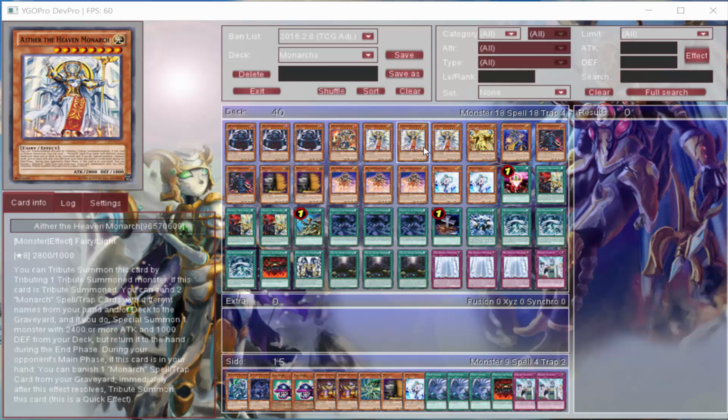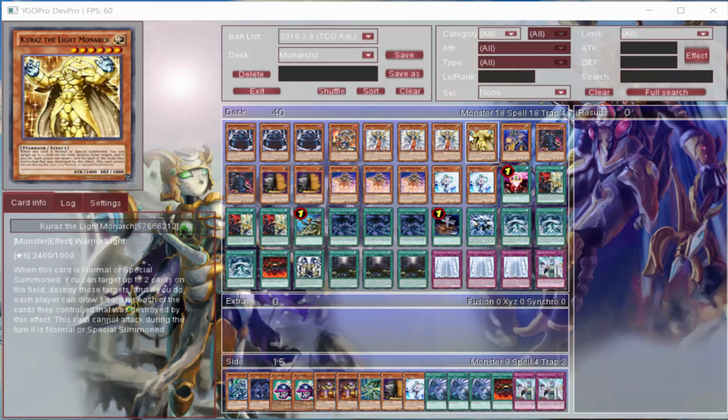Aether's really good. She's new. She allows you to pitch a Monarch Spell/Trap card to the graveyard, and then you can special summon another Monarch, which is really good. I usually special summon another Aether, so that way on my opponent's turn I can tribute the one that I tribute summoned the first time, and then do it all over again. Kuraz, I didn't play him originally, but now that I play him at 1, I realize that I can pop